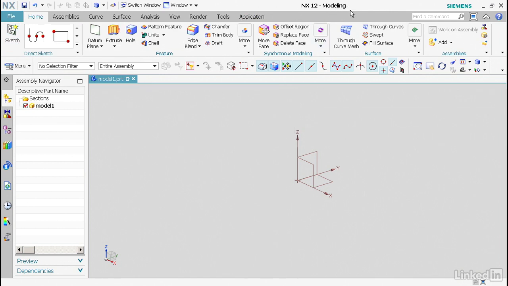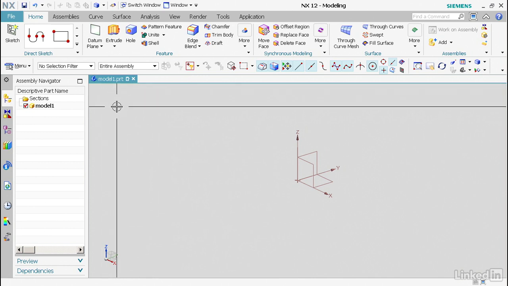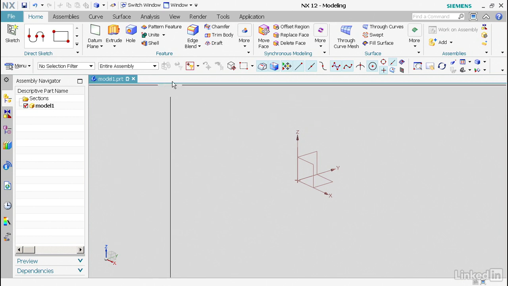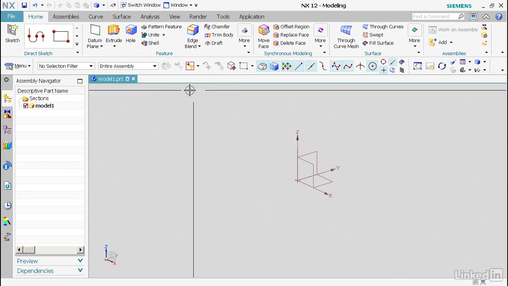Now, as we go down, you'll notice that in our ribbon, we have all of the available tools for the specific modeling application. We come down a little bit further, you'll have a stack of icons. These are used for selecting how you pick, that type of thing. Coming down a little bit further, you'll notice in NX12, we have a little tab that indicates the file that we're working in. We may have 2, 3, 10, dozens of files open,